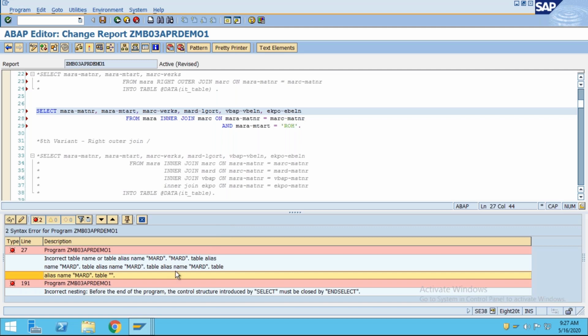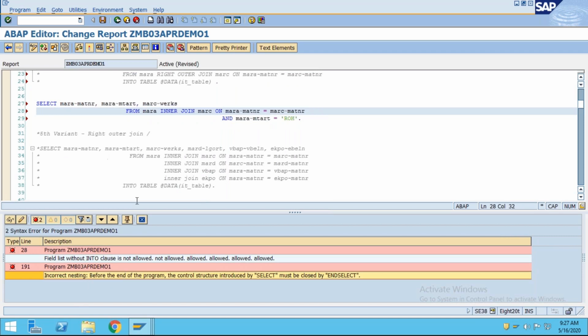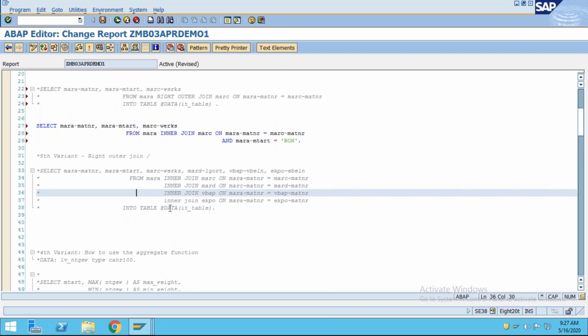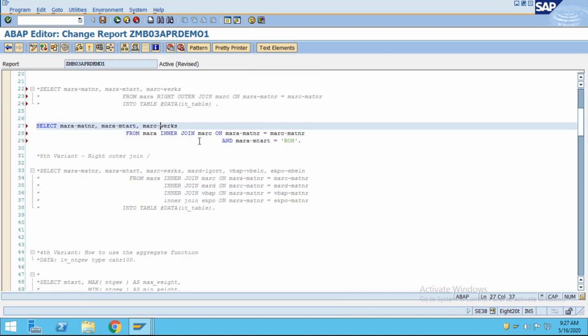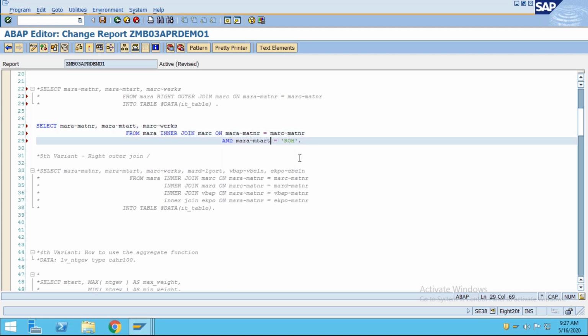What is it telling, what is the problem? Mara and all I have used over here. Remove this one, check the syntax now. Field list without nesting is not allowed. Type table of Matnr, Mara, Marci, Mara, MTART.